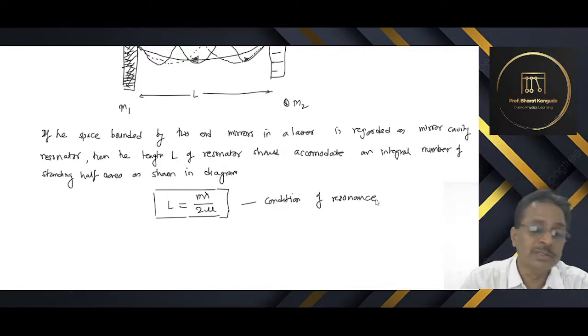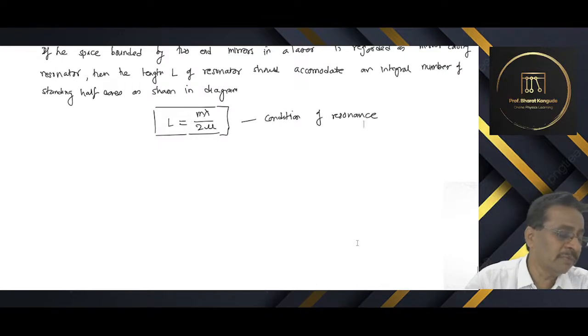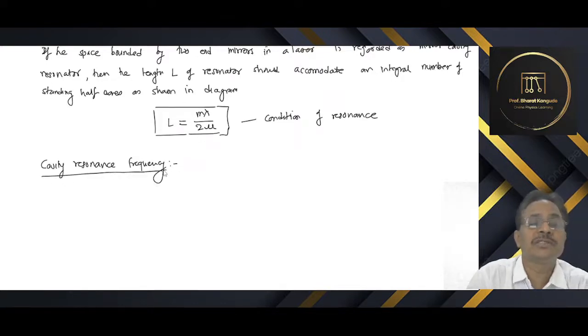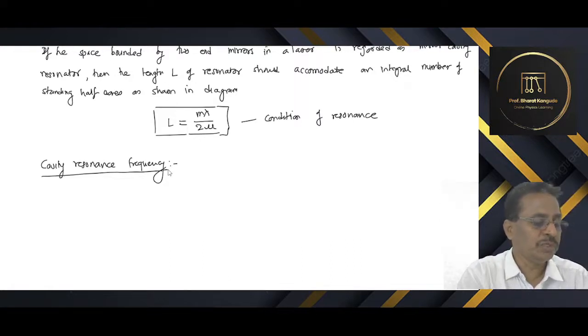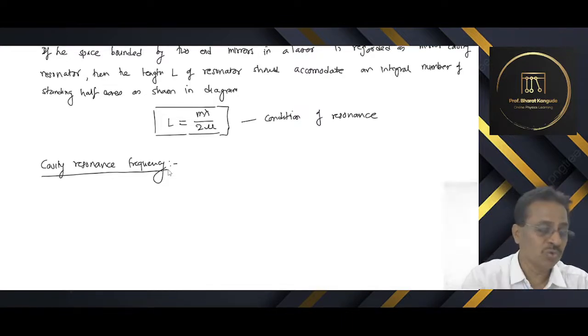So in that sense, this is another important derivation we have discussed today, in chapter number 3. Now let's go for the last derivation from this chapter, called cavity resonance frequencies. Similar derivation, Maxwell's derivation, plus a second derivation, we'll do that. We have already seen in the previous section that the cavity will be resonant for those waves which fit an integral number of half wavelengths between the mirrors. That means those which satisfy this condition. The wavelengths of such waves are given by,